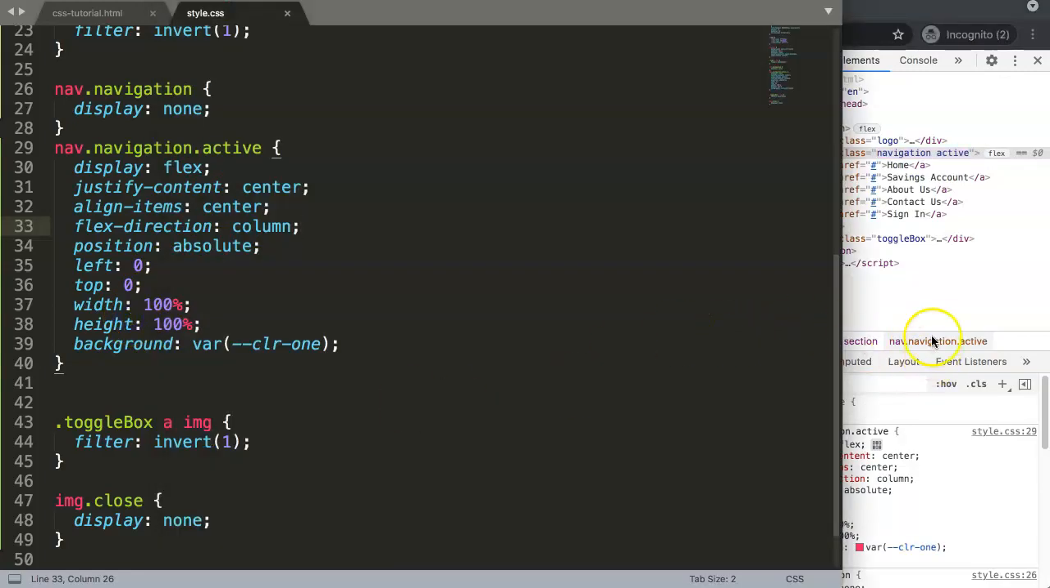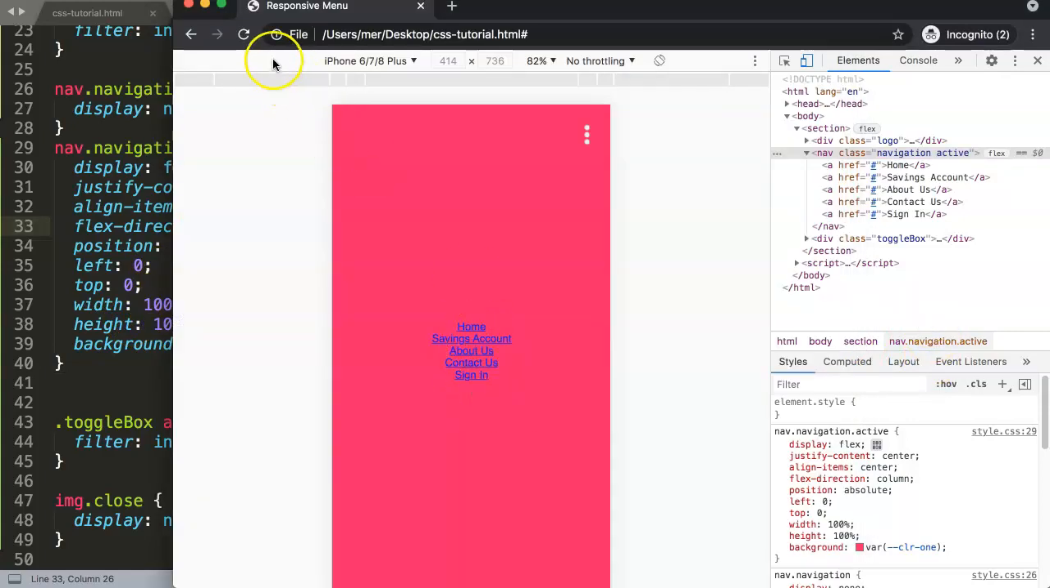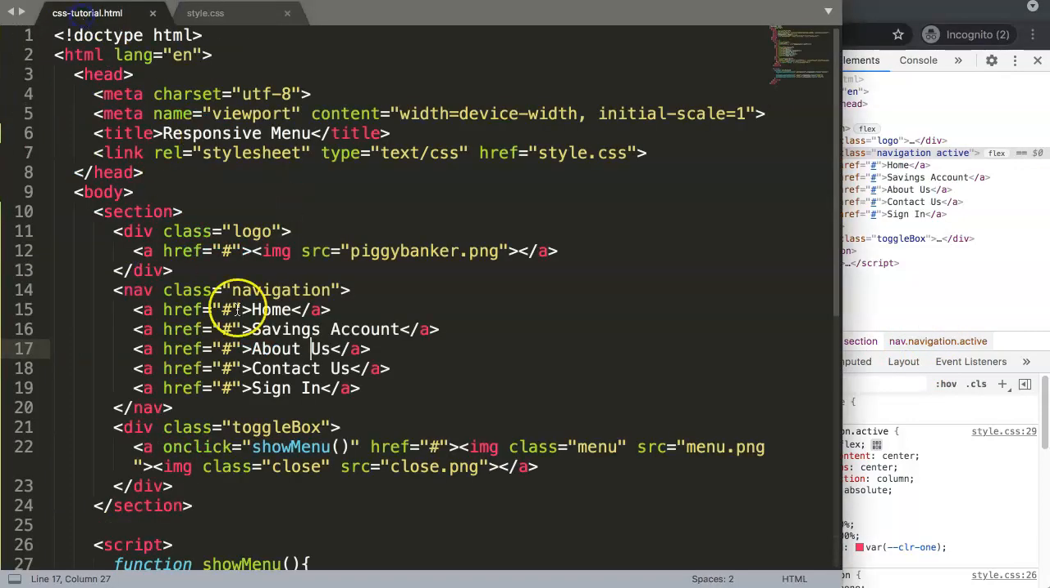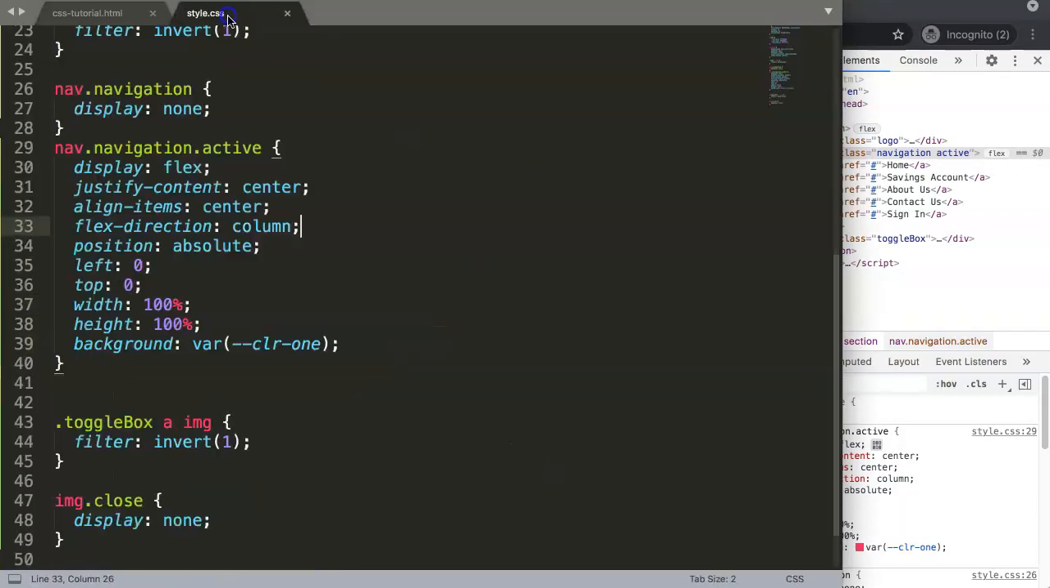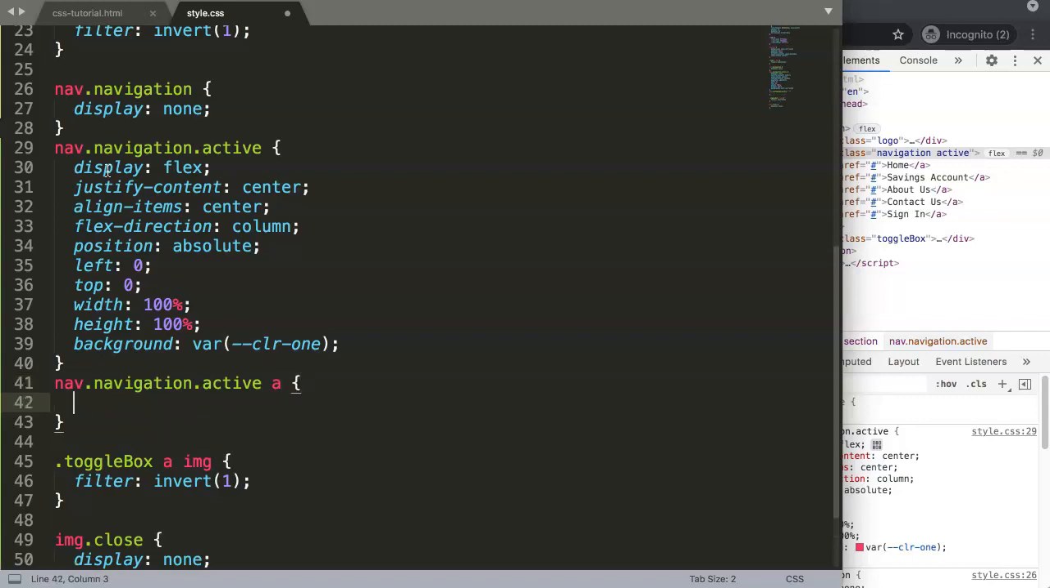Let's give the items immediately a proper design as well. So we have all these hrefs here. Let's start to redesign them. So we say nav.navigation, basically navigation dot active, because that's the one we want. And then we say A for href, for the anchor tag. And then in the anchor tag here, we're going to give it a design. So we say here, we can give here